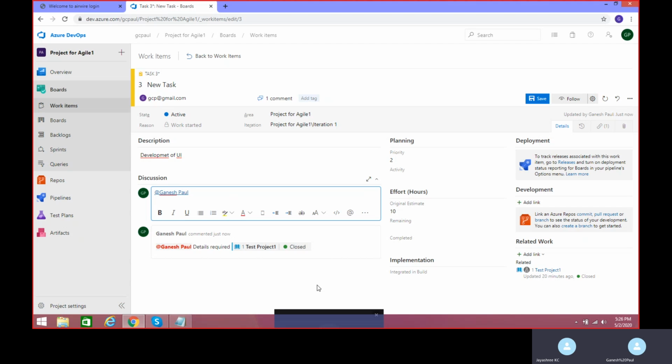And there is one more feature which is also called add tag. Say for example, you want to differentiate or group your number of work items. Say for example, this task is very critical. Go ahead and add a tag called critical. You can make use of tags for grouping your work items or to make a significant mark on it. Yeah, now just give critical. This is how your tags will be used in your production environment.